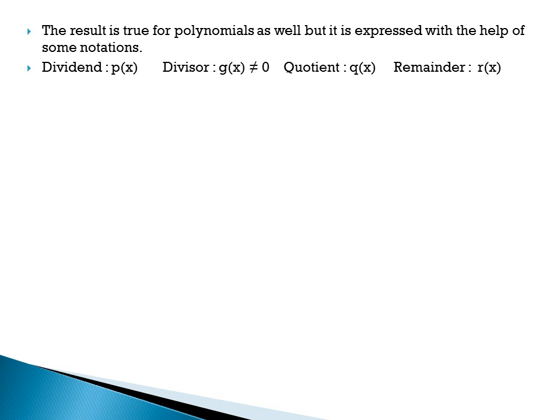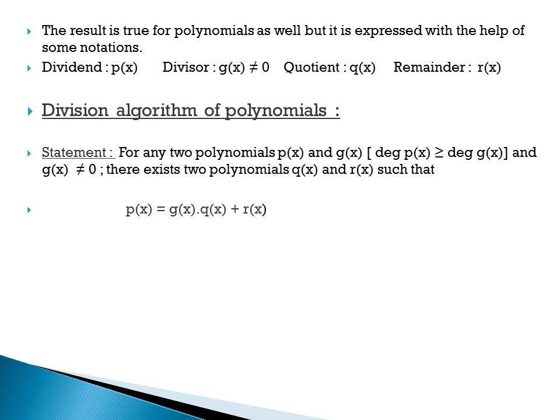The result is true for polynomials as well, but is expressed with the help of some notations: p(x) for dividend, g(x) for divisor which cannot be 0, q(x) for quotient and r(x) for remainder. The statement for division algorithm of polynomials is: for any two polynomials p(x) and g(x), wherein degree of p(x) should be greater than or equal to degree of g(x). That means degree of p(x) should at least be equal to degree of g(x) or greater, and g(x) should not be 0, then there exist two polynomials q(x) and r(x) such that p(x) equals g(x) times q(x) plus